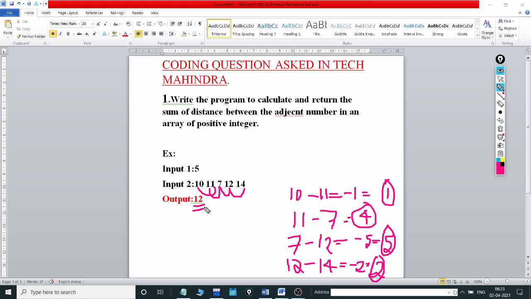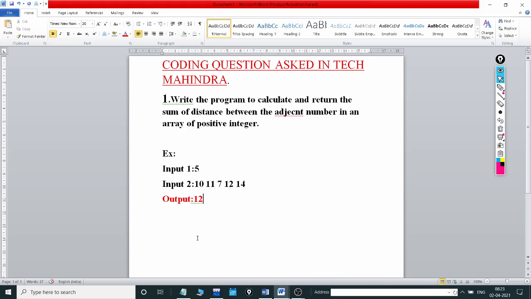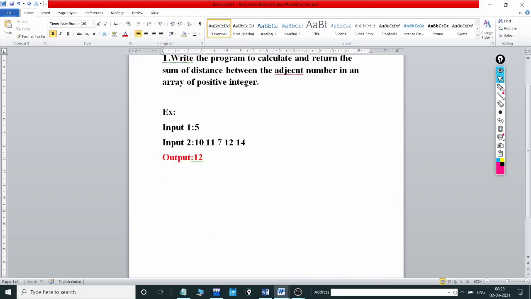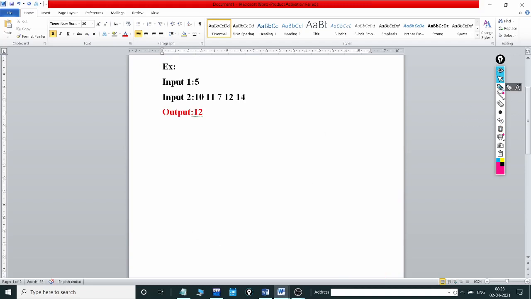Before getting into the code, we should see the logic. First of all, the logic: 10, 11, 7, 12 and 14. I should start from here.